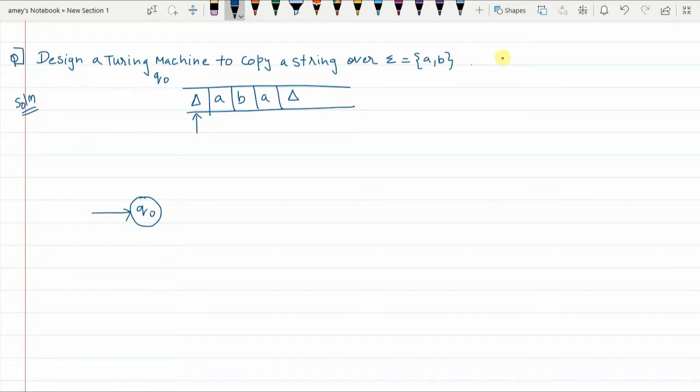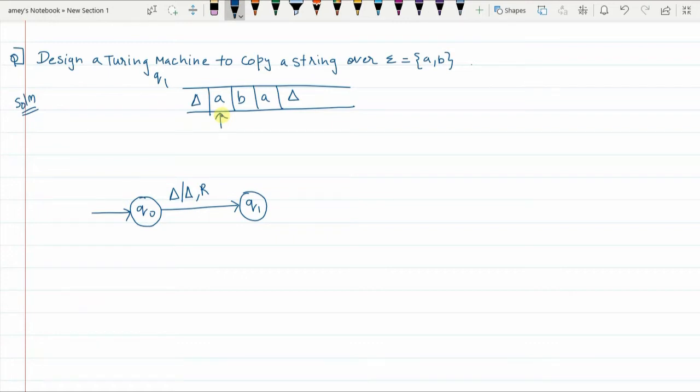The first step will be common. In Q0 state, when delta is encountered, delta will be replaced with itself, the pointer moves one place to the right, and from Q0 we go to Q1 state.